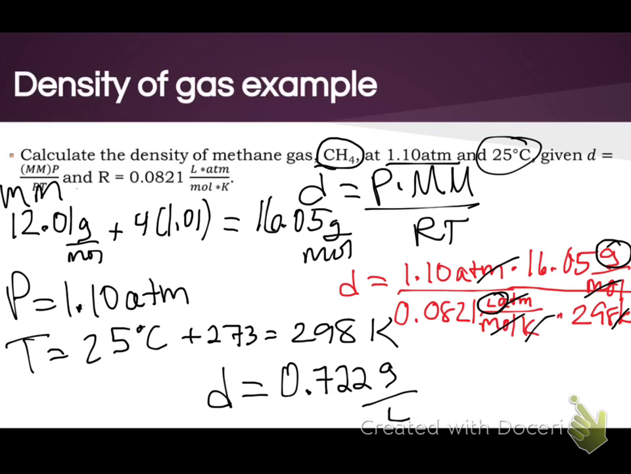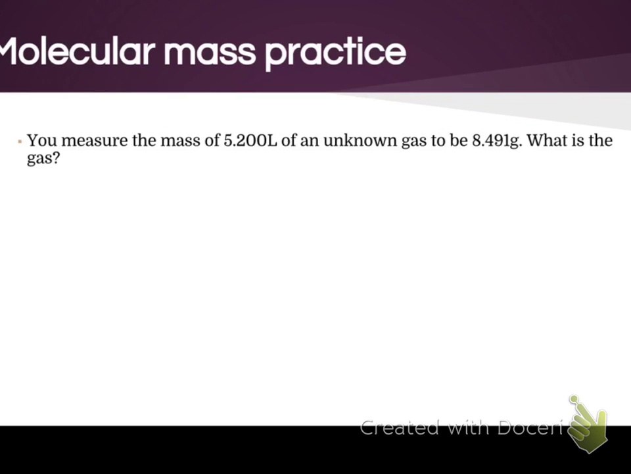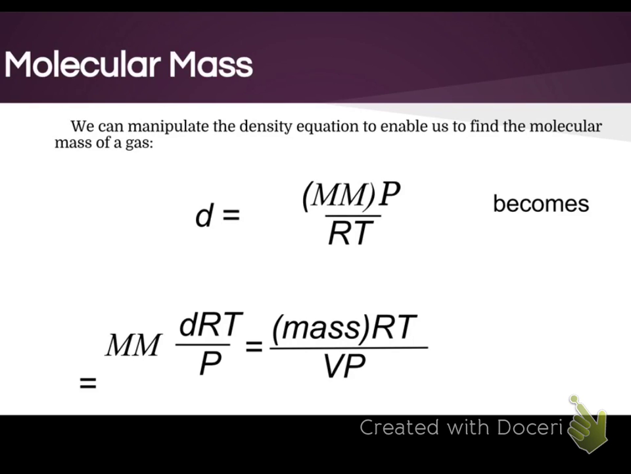Okay, so that's an example of how you would find the density of a gas just by knowing what the gas is, the pressure, and the temperature. We can rearrange this equation to figure out the molar mass of a substance. This didn't line up the way I wanted, but